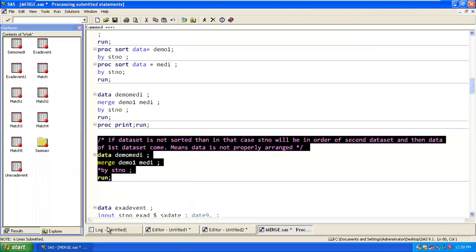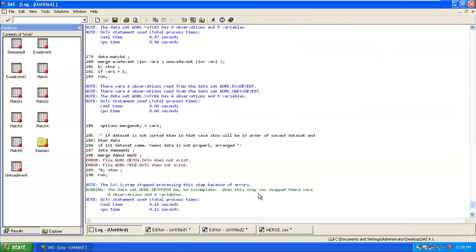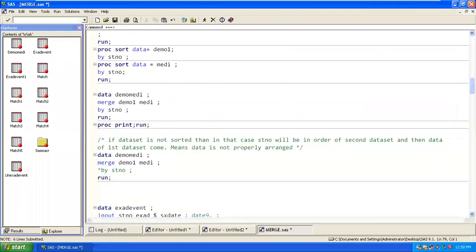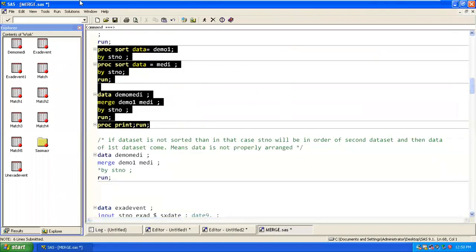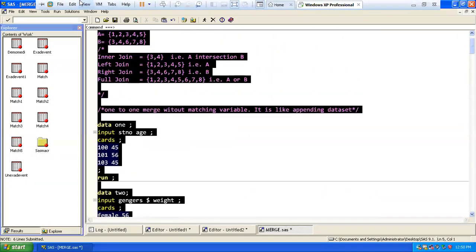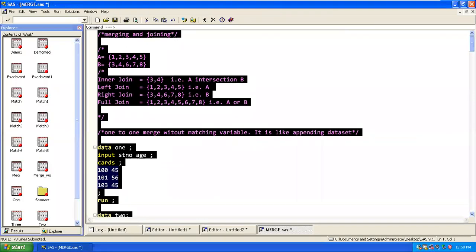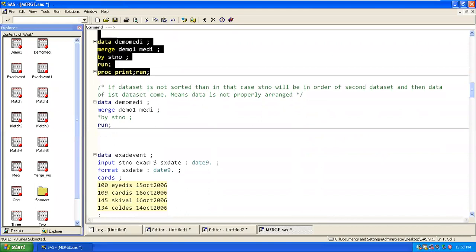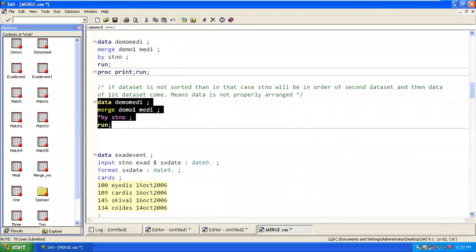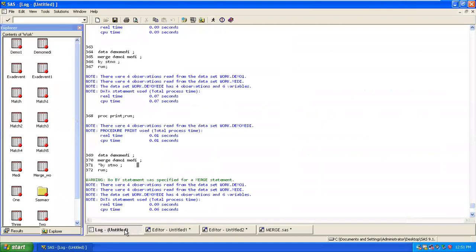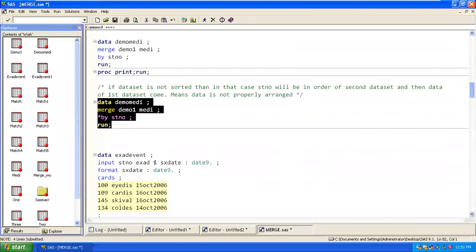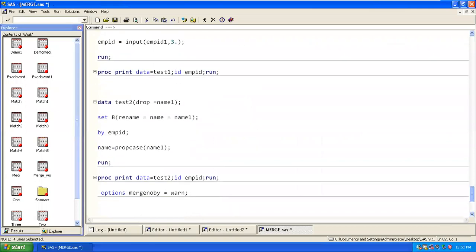If you look at this log, it shows a message: no by statement was specified for merging. Earlier it was not showing the message. So now you need to specify these conditions. Based on that, whenever you do a merge without by, it will give you the message in your log window.